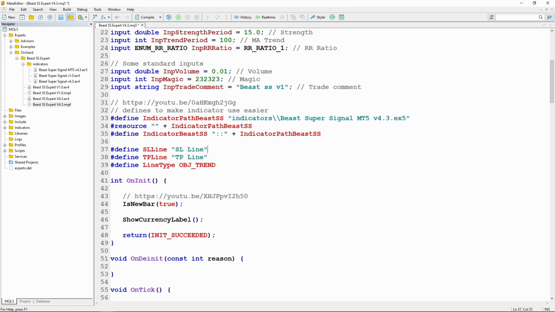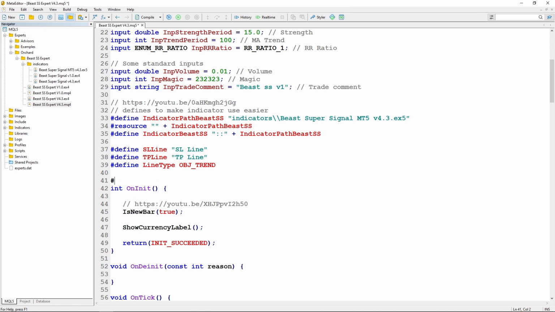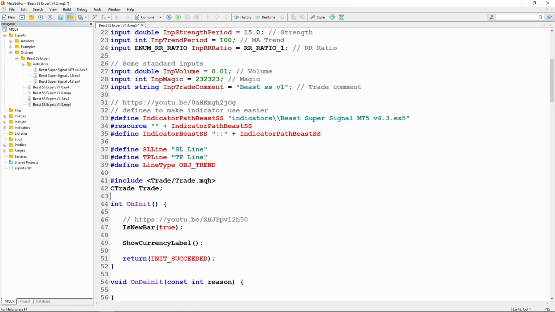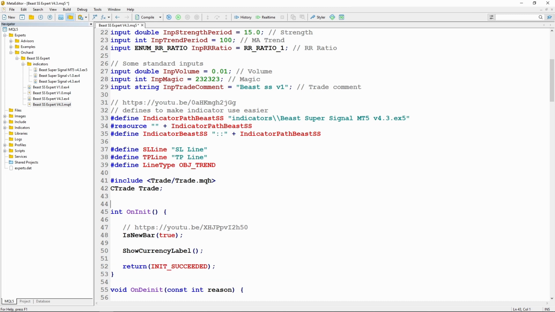I haven't checked these, but I'm going to assume that the indicator for MT5 works the same way as the MT4. If it doesn't, then I'll go back and check later. I am going to be using the trade object to place the trades. So here I'm going to add an include. And I'm defining a variable called trade that is of type CTrade, which comes from this include file that comes with Metatrader 5. I also need a handle to the indicator because indicators work differently in Metatrader 5, so I need,